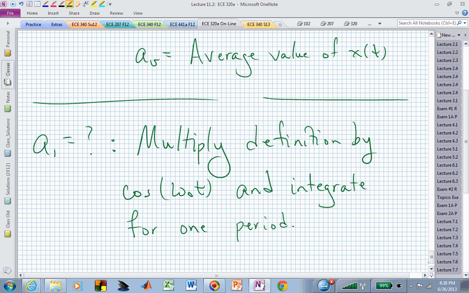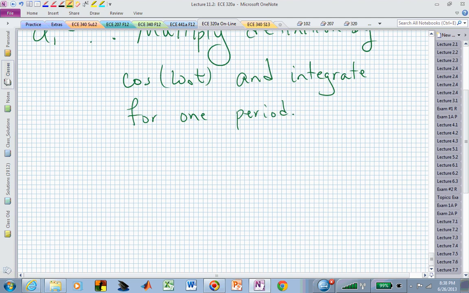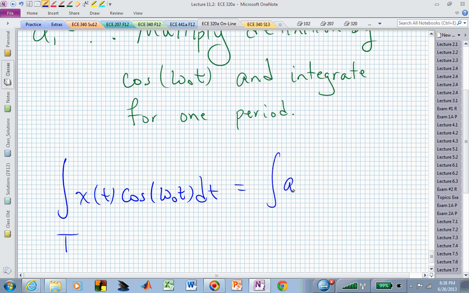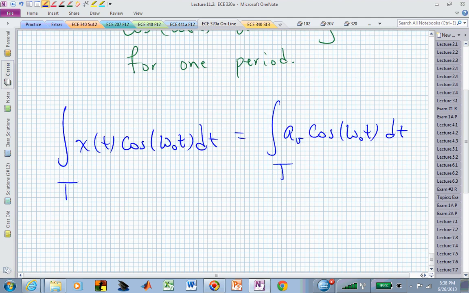That now allows us to see that on the left-hand side, we have x of t. We're going to multiply it by cosine omega naught t, and we're going to integrate it over one period. Then on the right-hand side, we have an infinite number of terms. We first have a sub v cosine omega naught t dt over one period, and hopefully you can see, well,